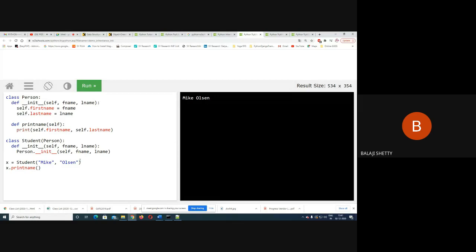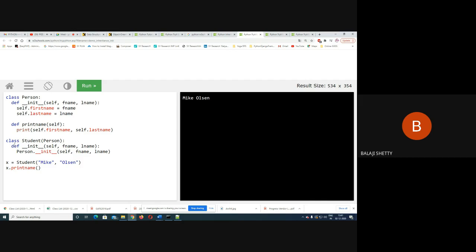Already I covered this in the last lecture. Today's lecture is somewhat difficult to understand. That's why I am revising the concept again, because it's a little bit difficult to understand if you are not doing the practice. Okay. So what is this base class of name person? First name, last name. Print first name, last name.